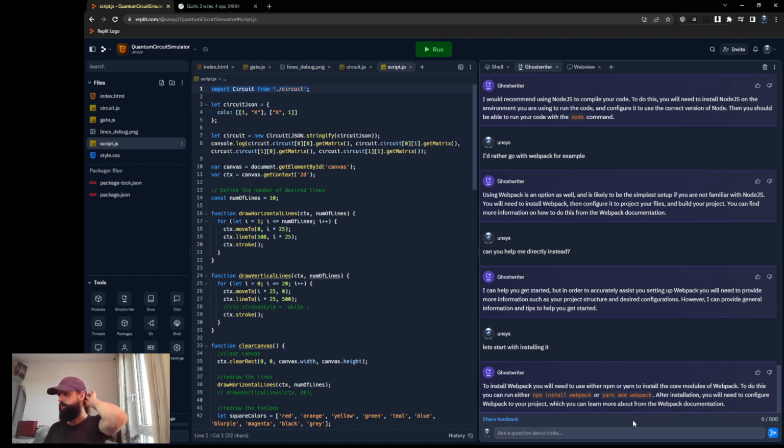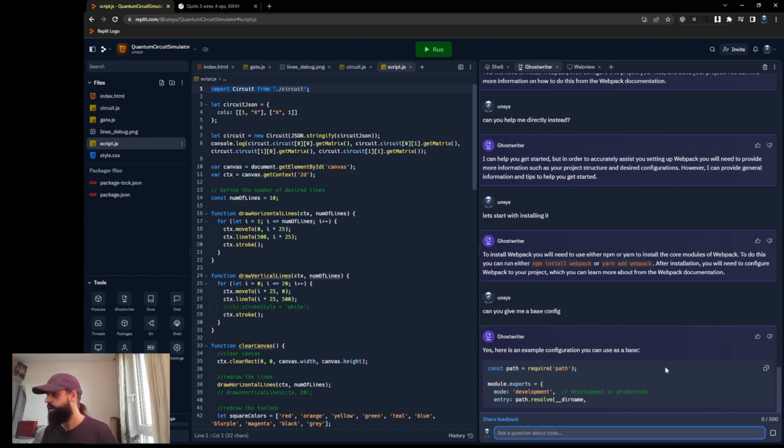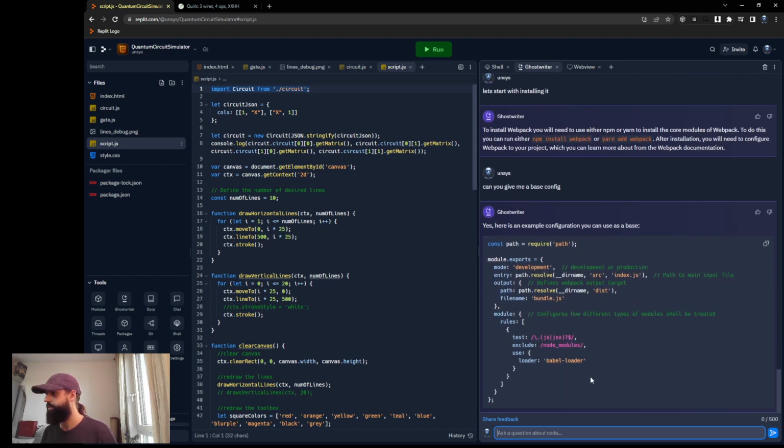Copy your Webpack to your project, which you can learn more. So, can you give me a base config? I mean, ideally, I'd like the ghostwriter not to send me to check documentation, although I understand that might be sometimes faster. Uses base element entry. I'm zero familiar with this stuff, so I'm not so sure now if I should keep investing a bit of time going down this way and getting it configured, or